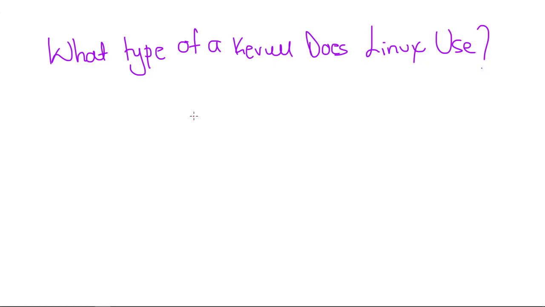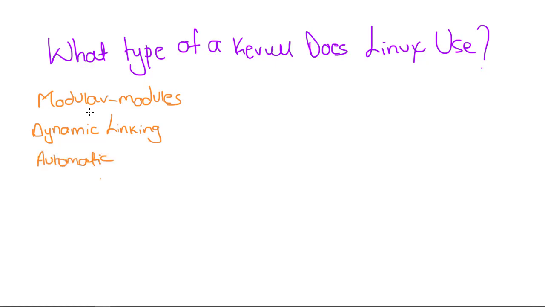Either monolithic or microkernel? Although Linux may be generally considered monolithic, it achieves most of the potential advantages of a microkernel by use of a modular architecture. Modular architecture uses modules, and modules are pieces of code that can be dynamically linked and unlinked directly from the kernel at runtime to extend its functionality. And the kernel automatically detects the need for a particular module and loads or unloads it as need be.